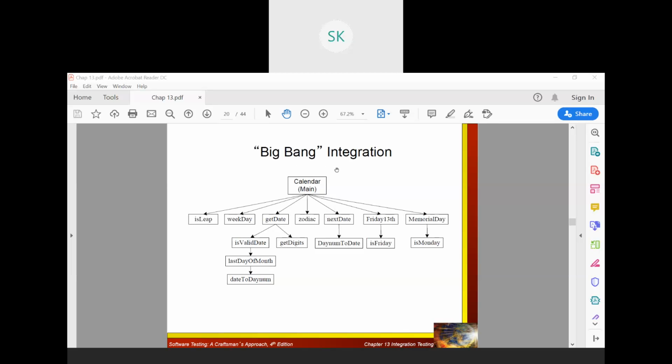Each one of it should be representing or giving the output separately during the different call of the function. So nowhere it is concerned with it. Each one of it having a different thread with respect to the same time, you'll be getting the output of it. This is what big bang integration is all about.